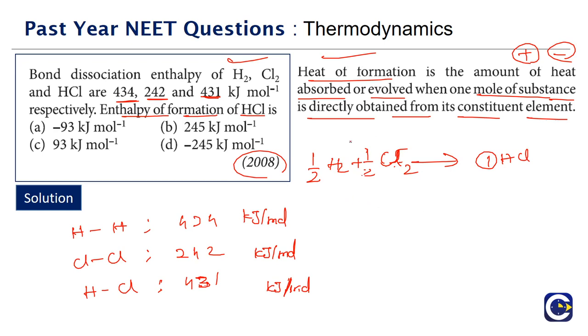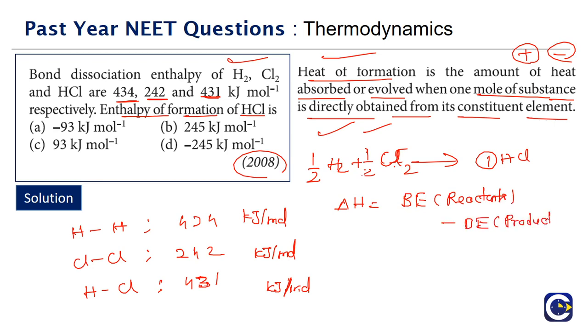Now for this reaction we have to find what is the enthalpy change. That is going to be the enthalpy of formation of HCl. Okay, so enthalpy of formation of HCl means what? The enthalpy change involved in the reaction of formation of 1 mole of HCl from the basic constituents of the substance. Okay, now for this reaction, what is the enthalpy change? Here we have to link enthalpy change in terms of the bond dissociation energies or the bond energies. Bond energy can also be called as what? Bond dissociation energy. Okay, so delta H will be equal to bond energy of the reactants minus bond energy of the products.